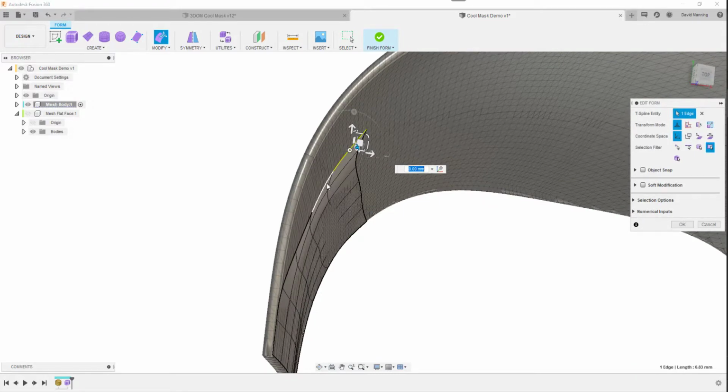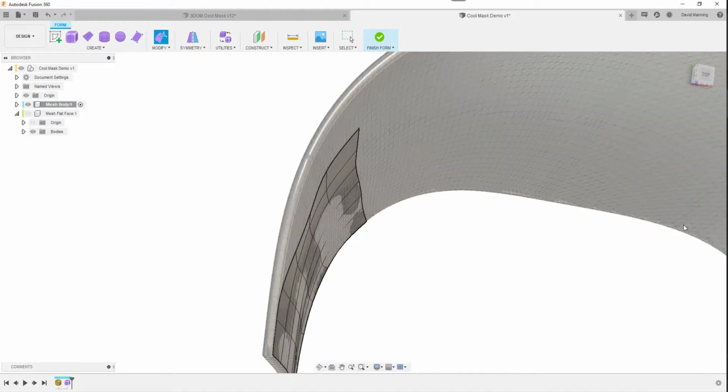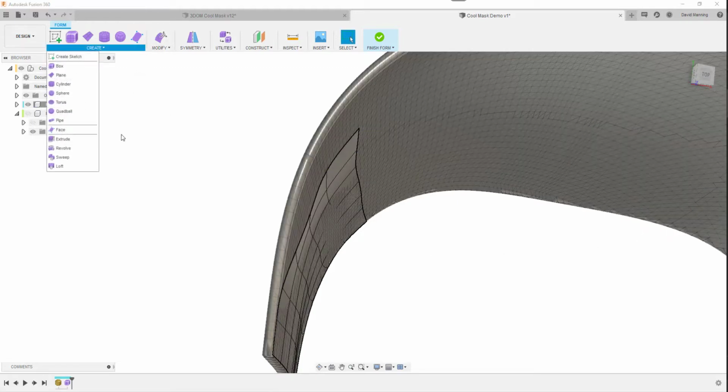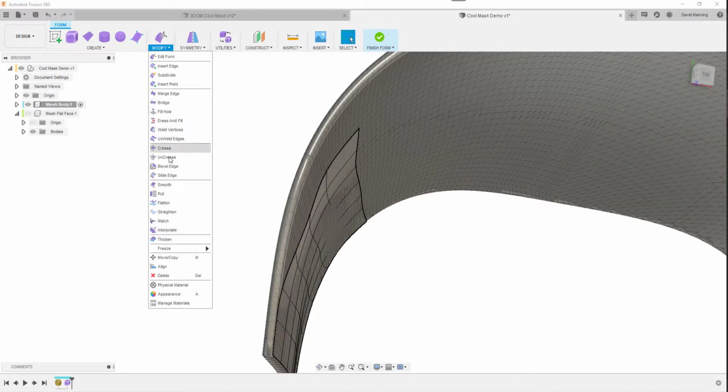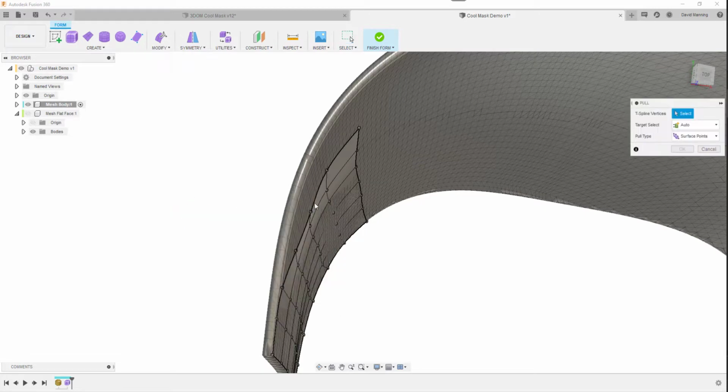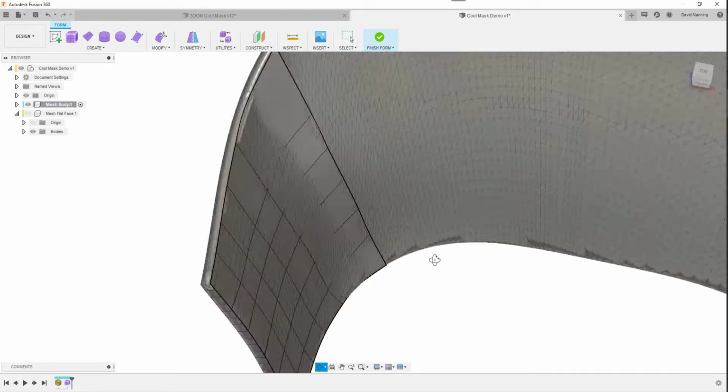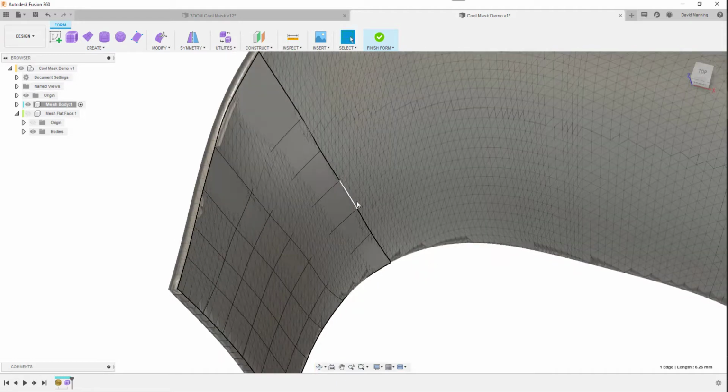Again, I could select there and push that back manually, or I could go OK, and go back to my press pull in the modify section, the pull function, and just start picking these points. Or again, just do that, and it will match those nicely for you. And what you can do is you can either add more